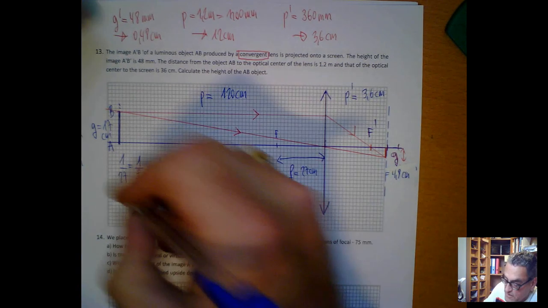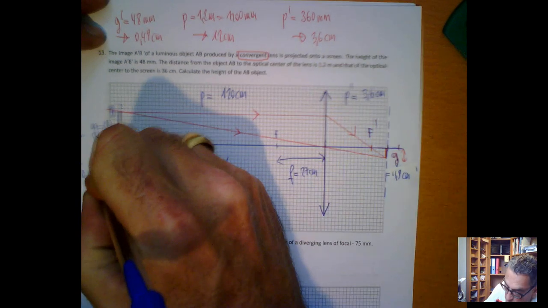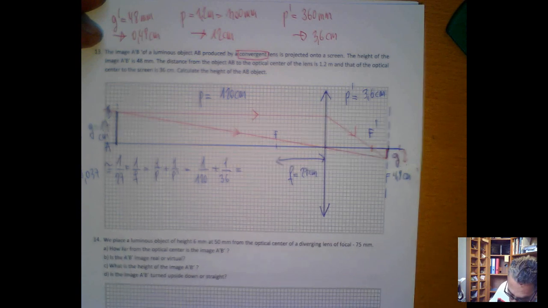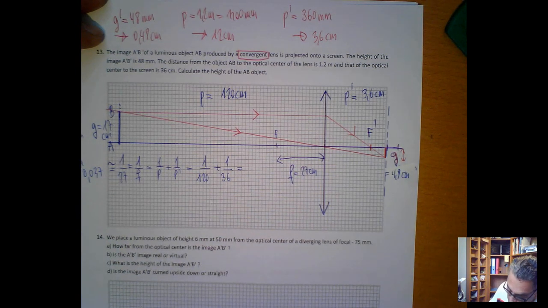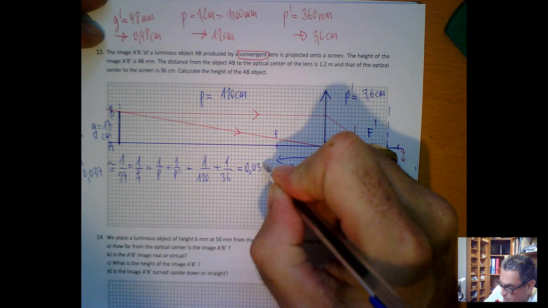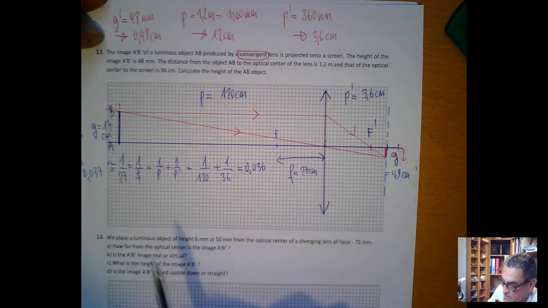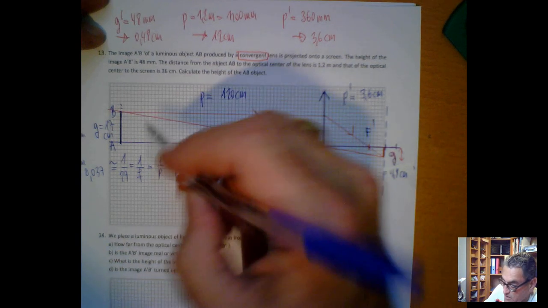1 over 27 is 0.037 approximately, and here 1 over 120 plus 1 over 36, this gives us 0.036, and then there is ones. Okay, so you see we have a good agreement between the left side